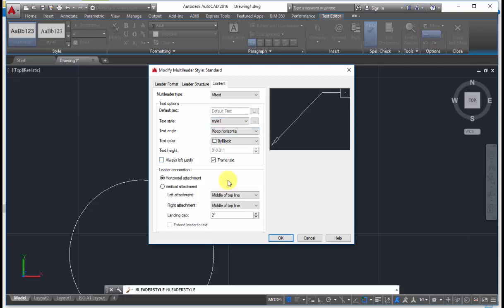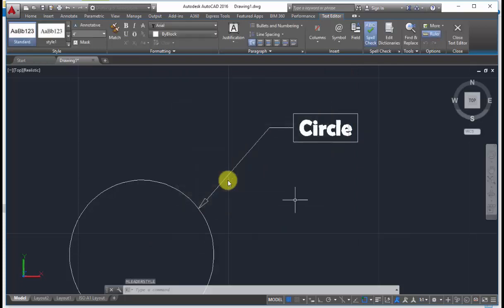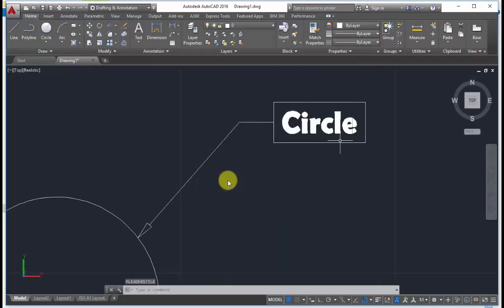Draw a frame, if you want a frame around the text, you can see you're getting a frame around the text. Leader connection: it should be horizontal attachment or vertical attachment. You can see it at the box there. The attachment should be top or middle of top line, and all these things you can set over here, like right attachment, wherever you need. After you make the changes, click on OK, set current and click on close. You can see it automatically gets updated over here.